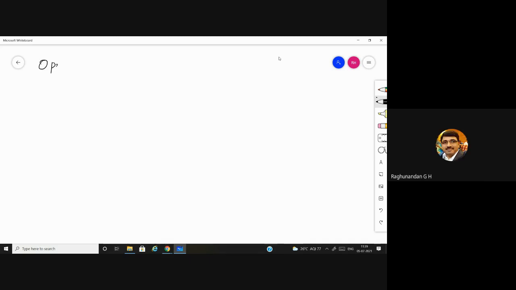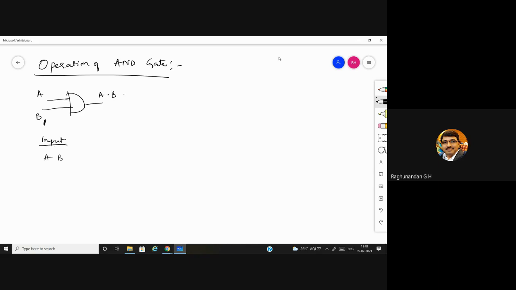Next is operation of AND gate. For the AND gate, we have inputs A, B, and output Y is equal to A into B. The inputs are 0, 0, 1, 1 and 0, 1, 0, 1.